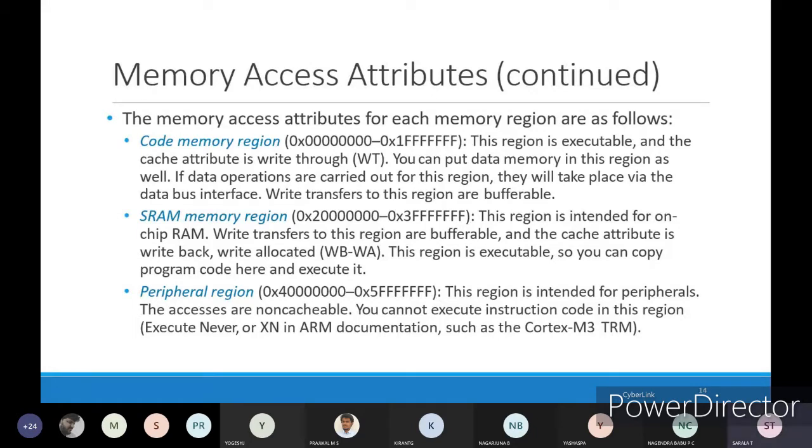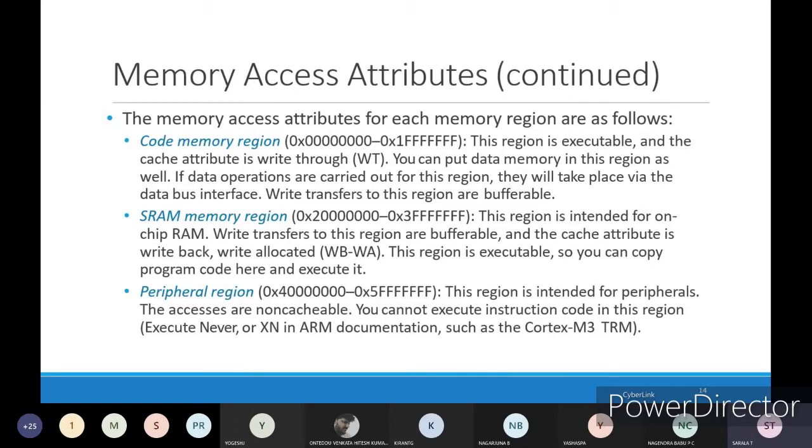And write transfers to this region are bufferable. Whatever data or instruction you want to write into the code memory, you can write through the buffering attribute also.